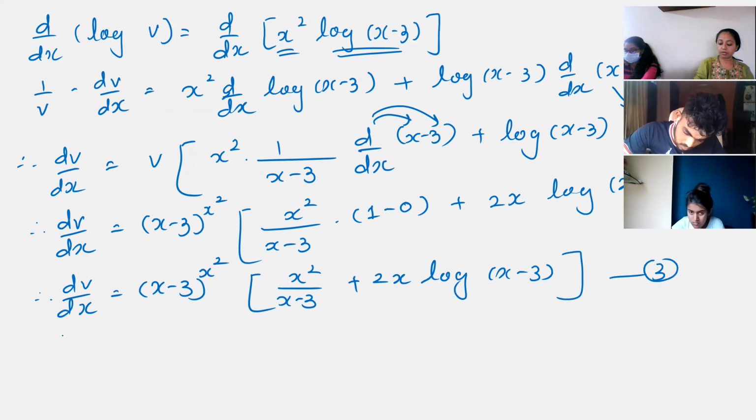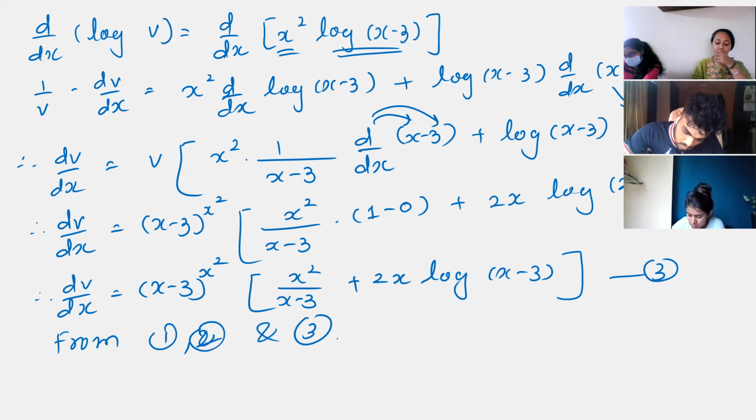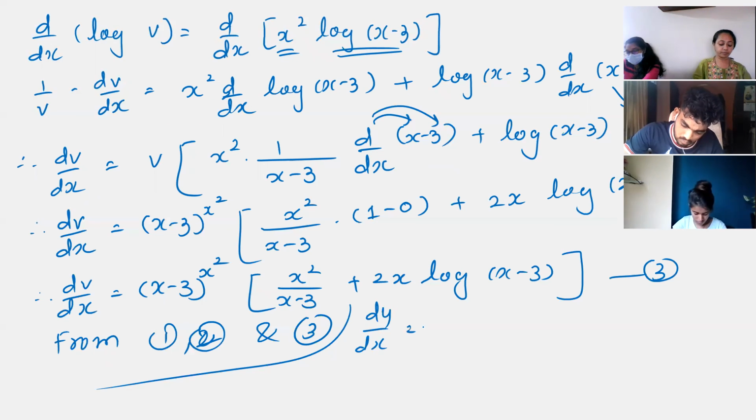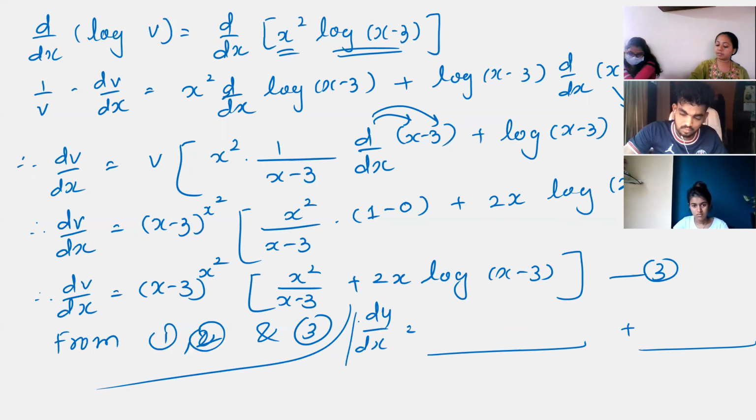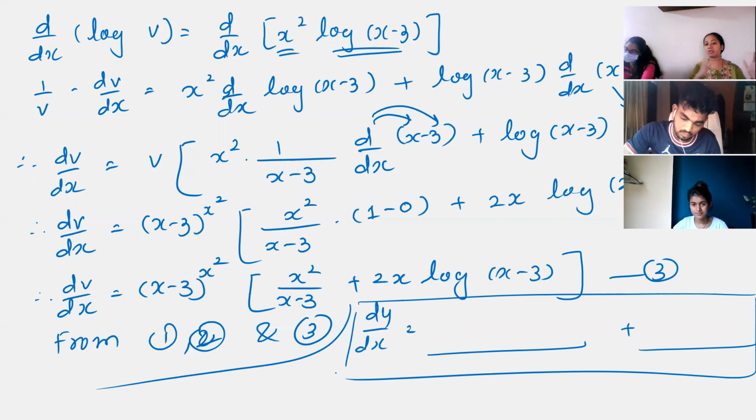This is 3. So from 1, 2, and 3, we are going to substitute. dy by dx is equal to the full du by dx we are going to put, and then the full dv by dx. The full two brackets you are going to put, du by dx and then dv by dx. And that is